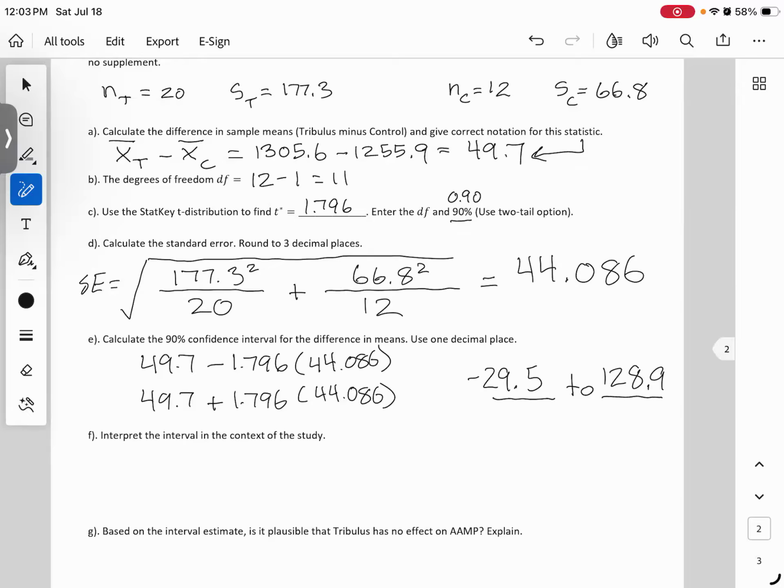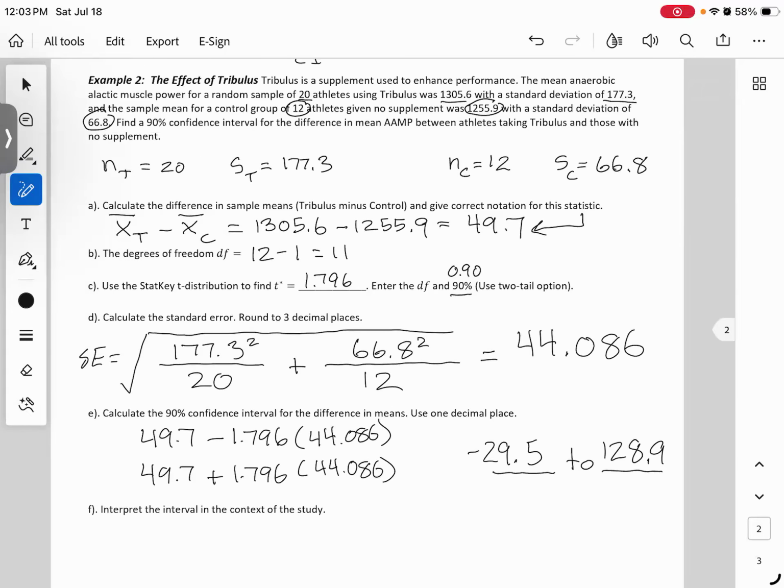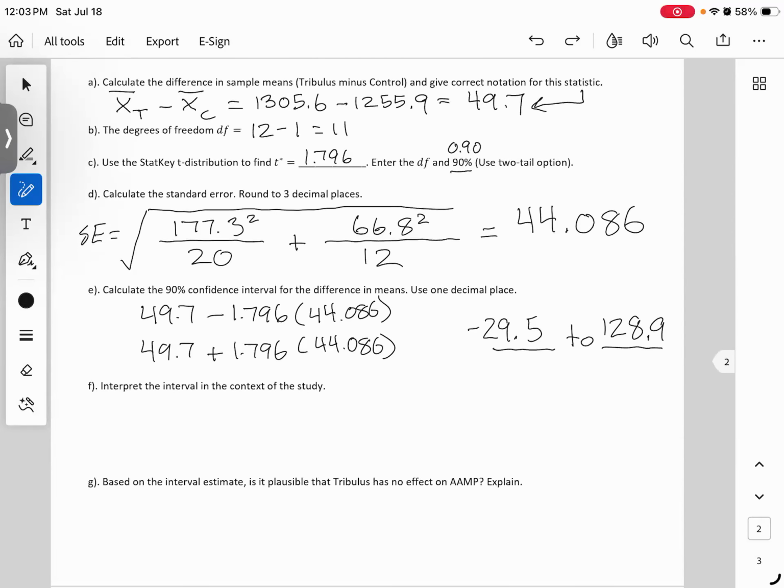But yeah, remember the initial result was that the supplement was going to be better by 49.7. Like it would boost that muscle power by almost 50 points. But now that we look at the interval, zero is plausible. Yeah, so we would start with our typical, we're 90% confident,